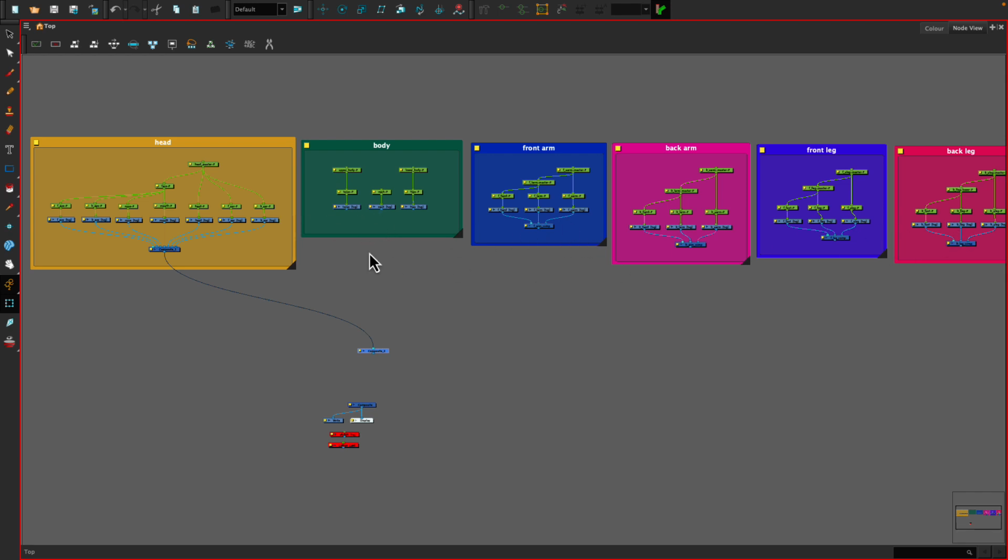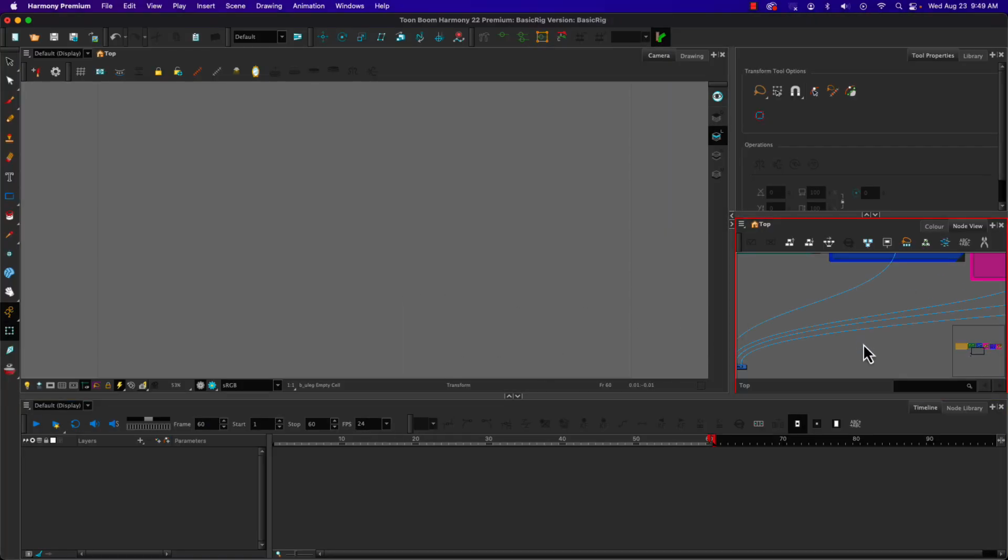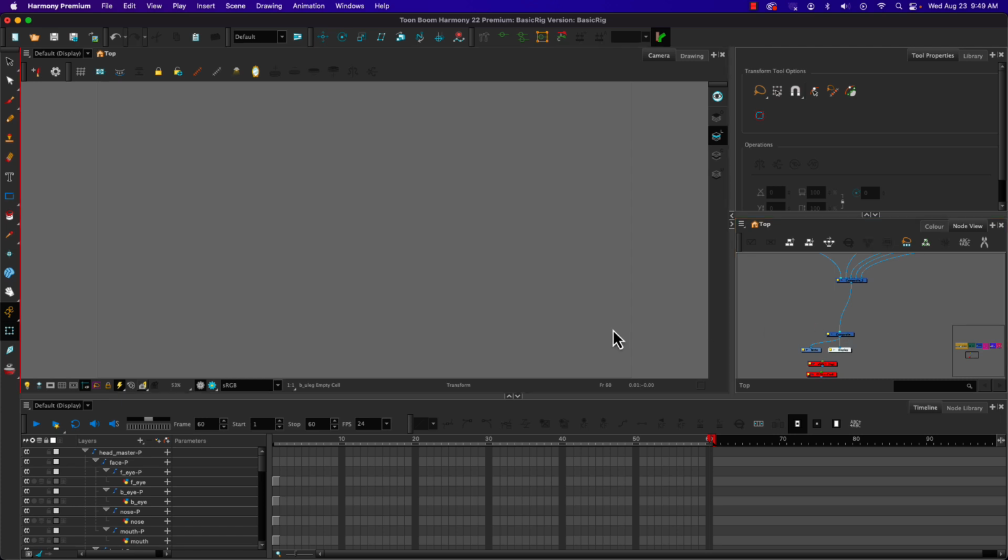As we can see, we don't have that many things that we're going to drag down to it, but now if I drag over a front arm, back arm, my front leg, and my back leg. We'll worry about the body in a minute. If I exit my full screen here, one will notice we don't see anything yet because we haven't connected our character composite to our scene composite. And then once we do that,